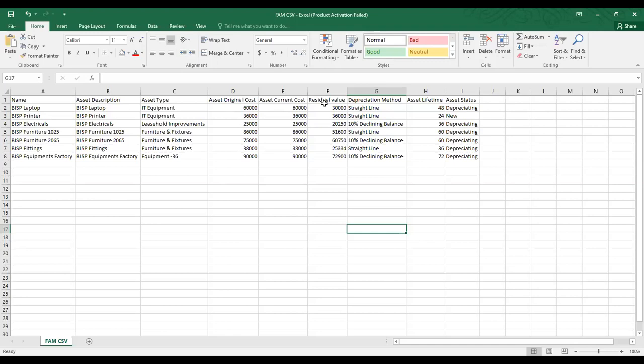Then it has got the residual value, because it is a midlife asset, so it will have a residual value. Depreciation method, whatever depreciation method that you are using or that you would like to use into the application, you will have to provide for that. The asset lifetime and the asset status, whether it is a new asset, whether it is a depreciating asset, or whether it is a fully depreciated asset.